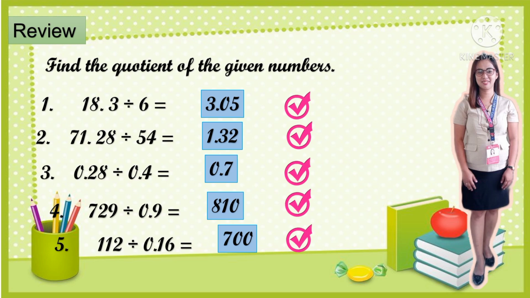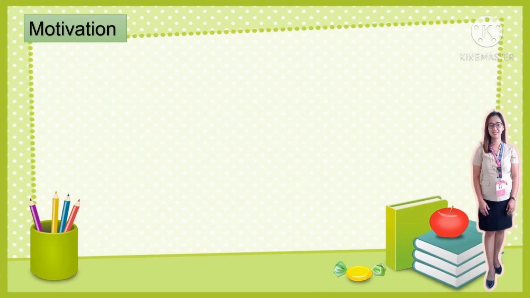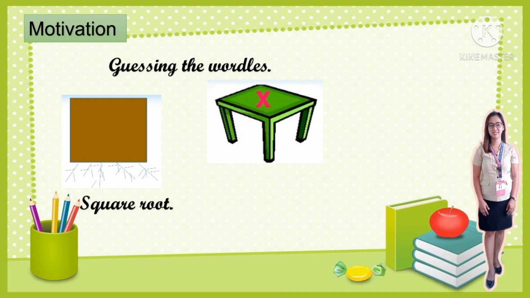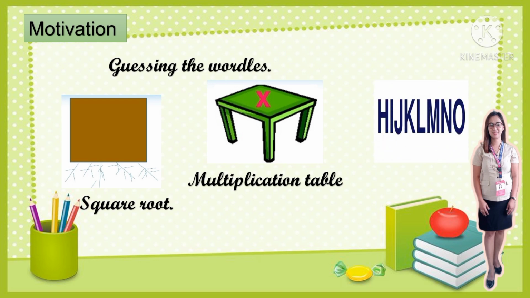Okay, class. Do you want to play a game? Let's play a game. We will play a guessing the word game. For the first picture, who can guess? Square root. You got it right. And for the second picture, it is a multiplication table. And the last one,